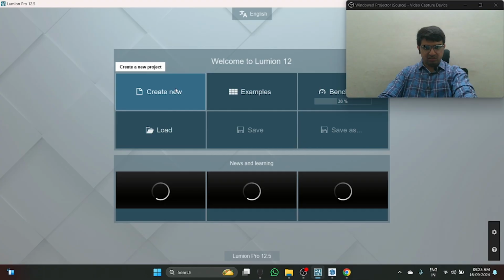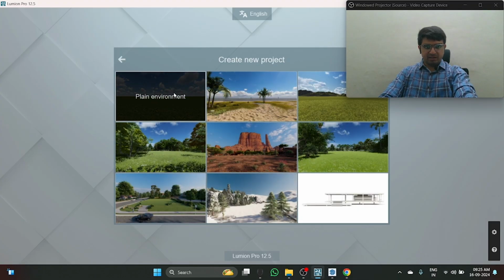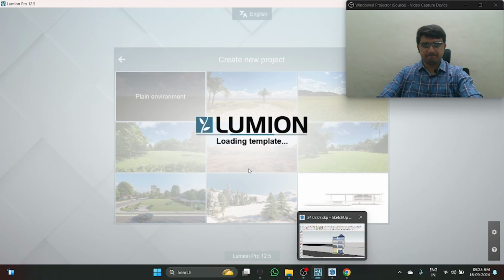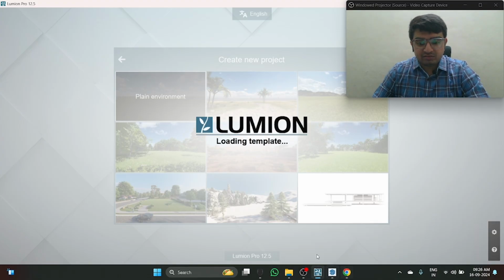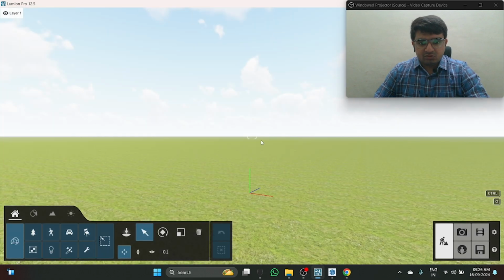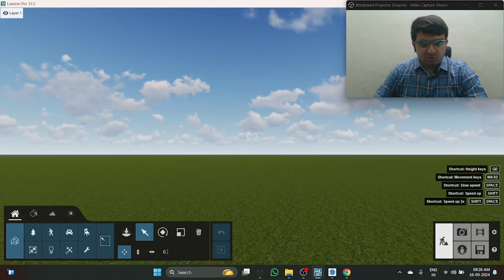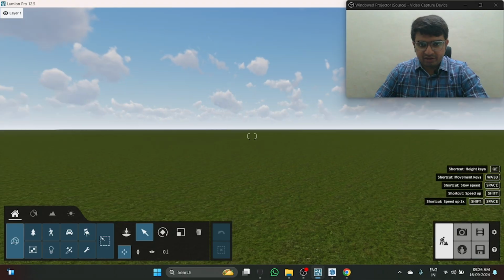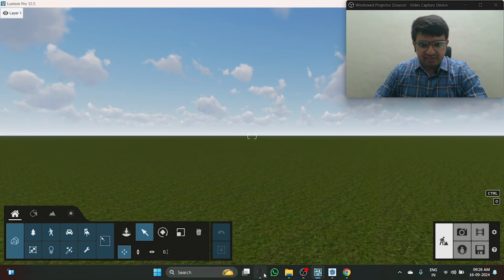Just click on Create New. I select the plain environment. Wait for it to open. So this is how to control Lumion. Okay, so what you basically need to do is